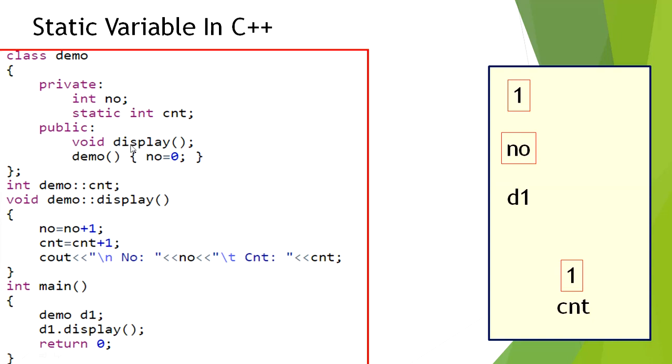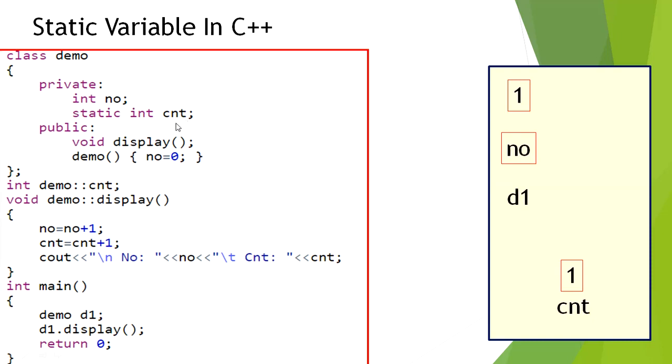So display is a normal member function in which we are going to display the incremented value of no and count respectively. The member variable we have initialized to 0 using constructor, and the static variables are automatically initialized to 0. No explicit initialization is required for the count variable to 0.